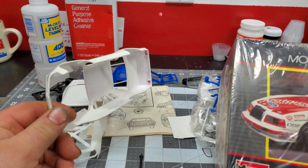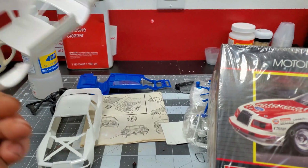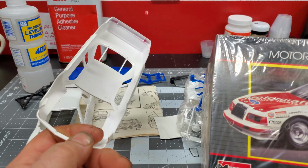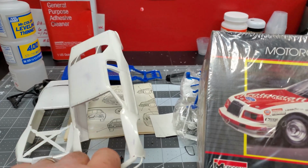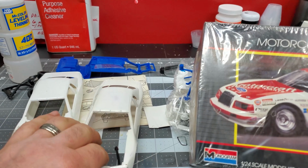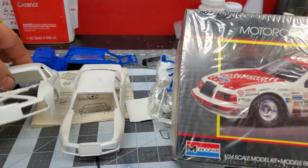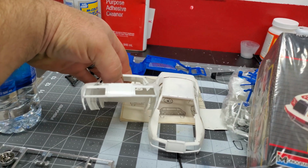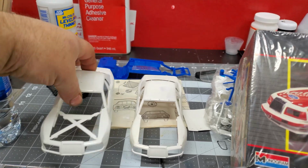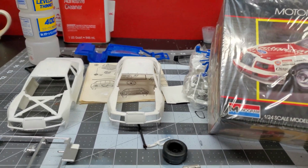I went to tip it over to make sure I got everything good, and boop, it falls off that stand, lands right upside down on the cement in my back room. I thought, are you kidding me right now? And it just dimpled the crap out of the roof. So I wet sanded it down. I wanted this car to look really good, so I grabbed another kit I had, and I'm looking at the body, and I thought, I'm going to have to do some heating on this one because she's a little tweaked from sitting in a box. And I thought, ugh. So once again, I grabbed another one,